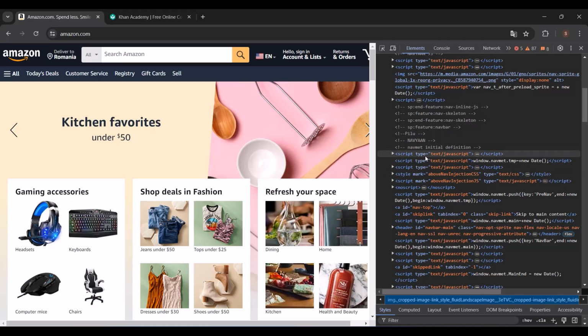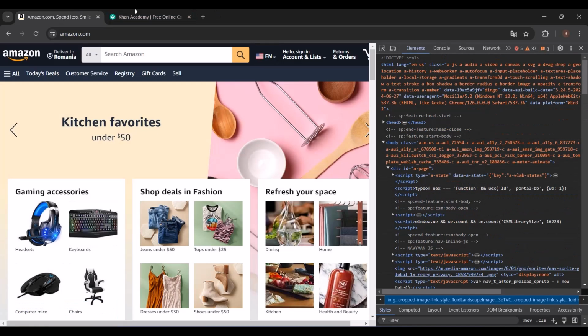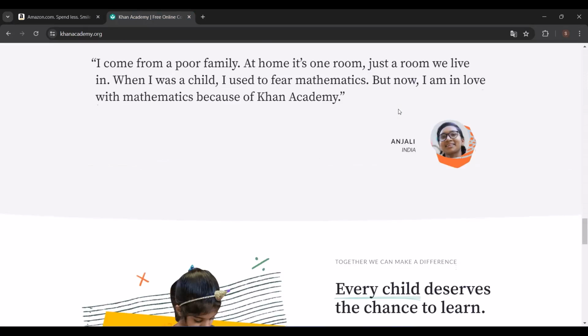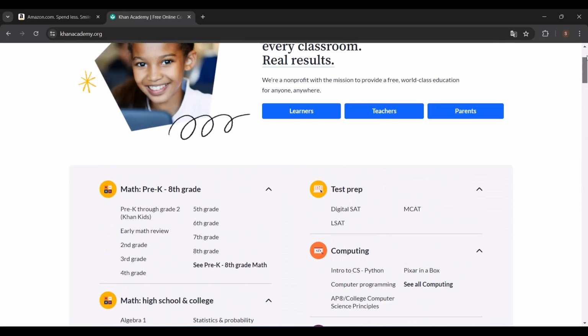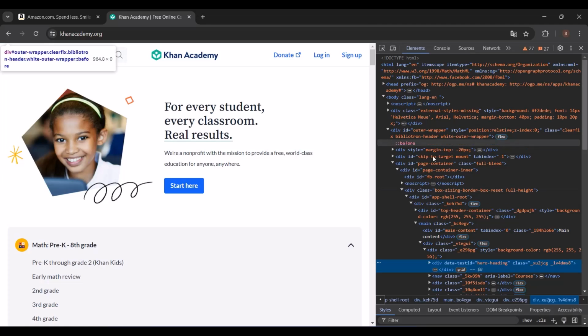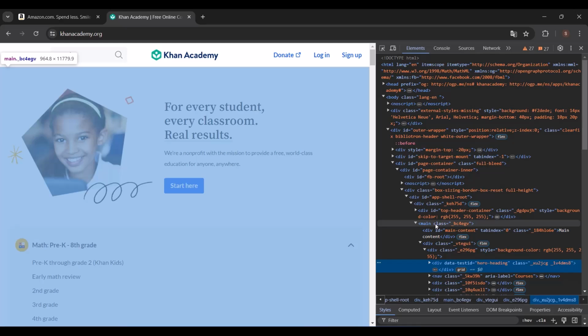Let me show you the semantic markup. So I'm gonna go here. Let's right click, inspect. And now if you look here, you see an element that we didn't see so far, which is the main element.